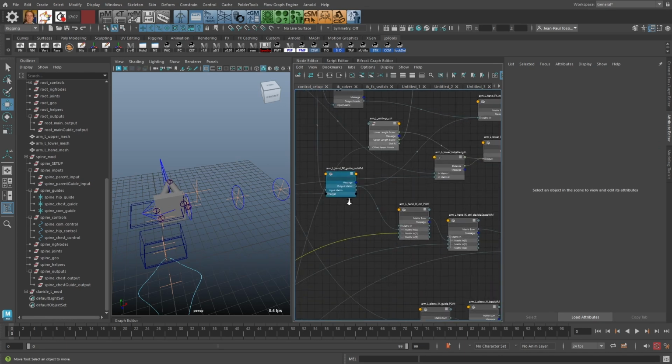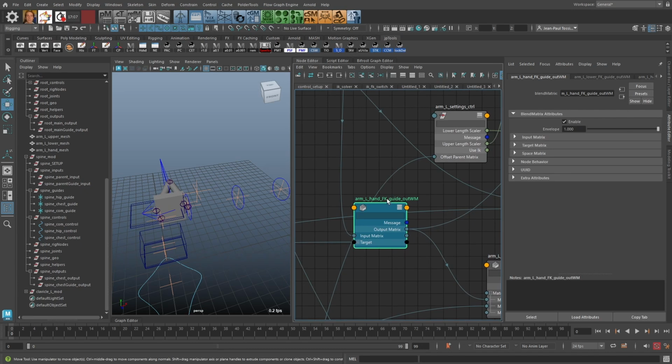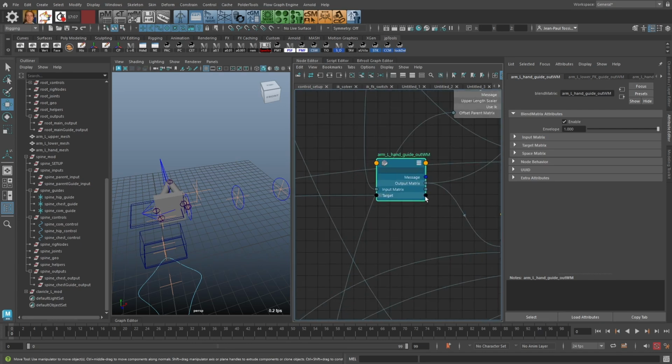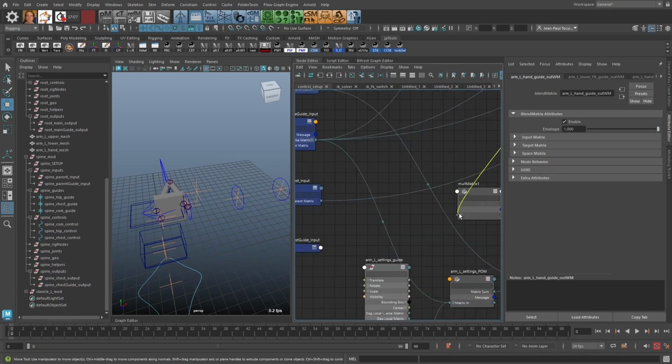So we're going to take the output of the hand FK guide outward matrix. It would maybe be better to rename this to just the hand guide outward matrix, because it's used for both the FK and the IK controls. So let's take this plug and plug it into the first slot of our mult matrix node,